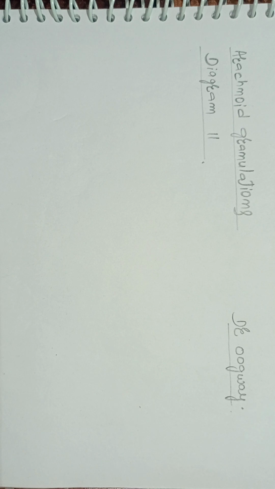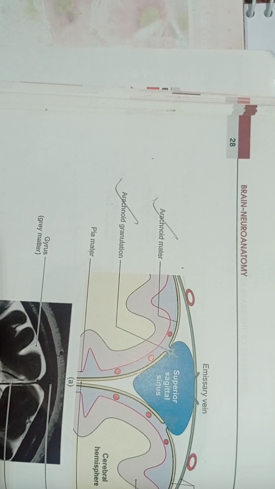This diagram is given in the BDC figure 2.4. So this is figure 2.4 showing arachnoid granulations, and below this diagram is the MRI in coronal section of arachnoid granulations. This video is also the third video from the playlist of the meninges of the brain and